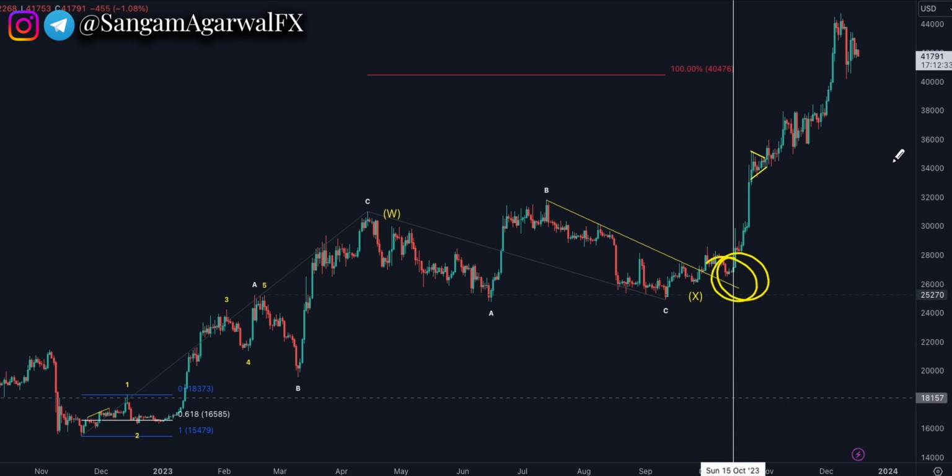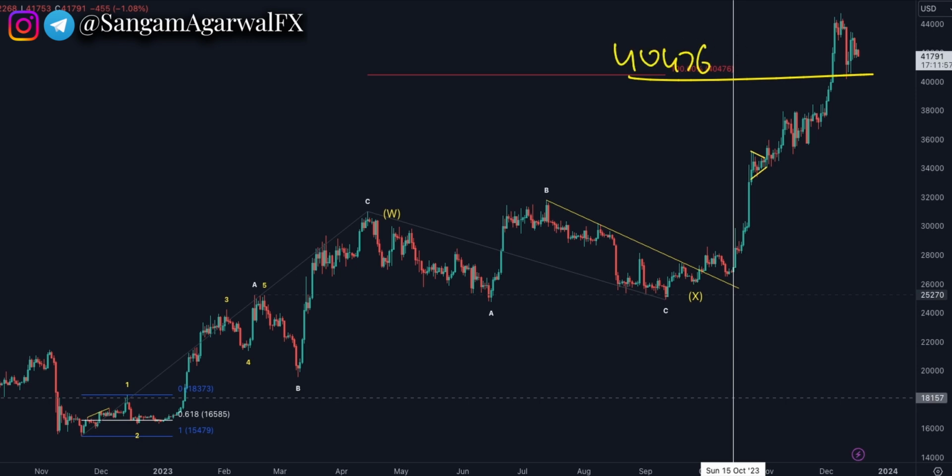Bitcoin daily time frame, it is up WXY wave 100% projection. This is profit taking or trend reversal have begun. It depends on future price action. But you can see buyer's power is decreasing above